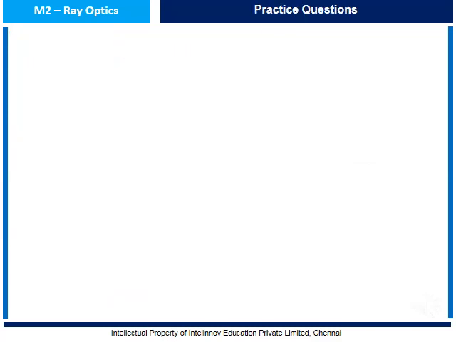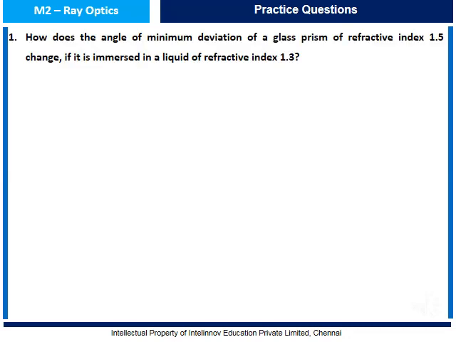Now, let us get on with practice questions. Question number 1. How does the angle of minimum deviation of a glass prism of refractive index 1.5 change if it is immersed in a liquid of refractive index 1.3? The answer is,